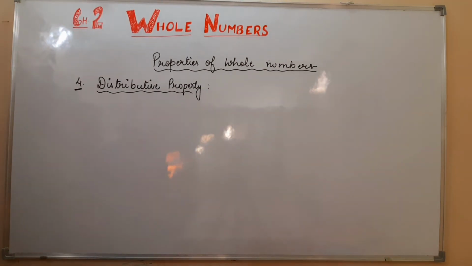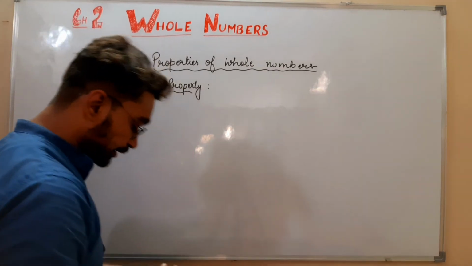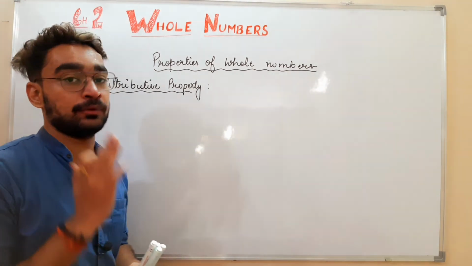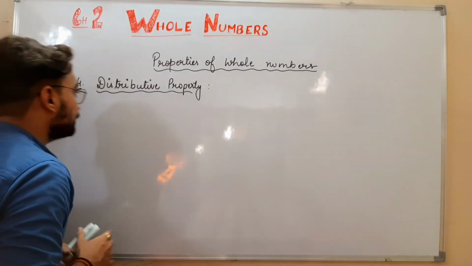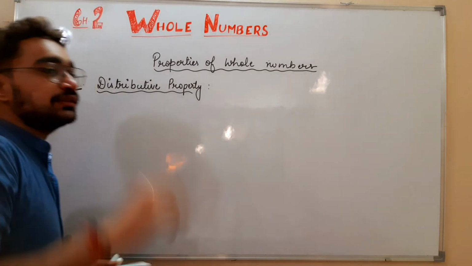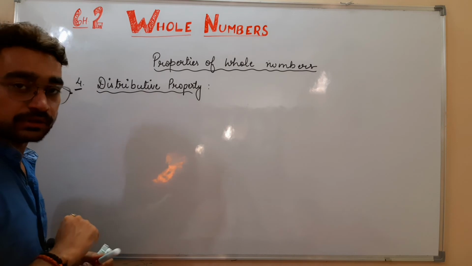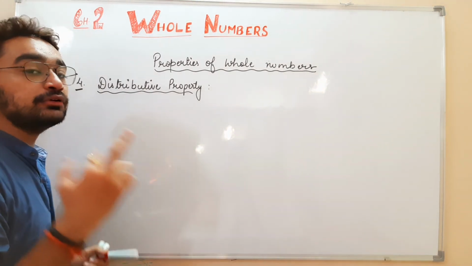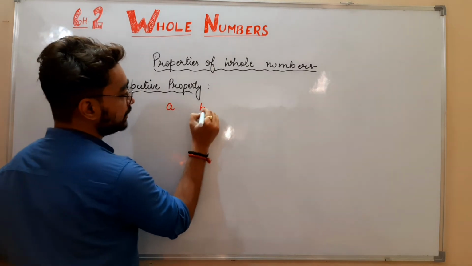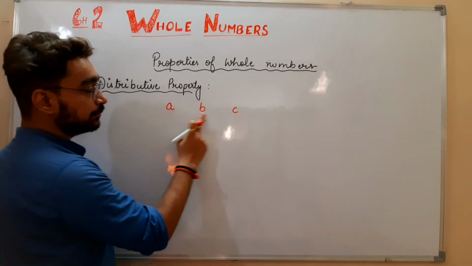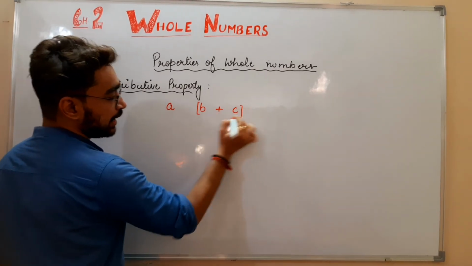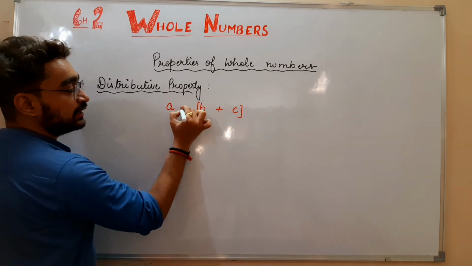Yes, so now the next is our distributive property. Remember that distributive property is the last property, but actually it is a very important property. How? Because distributive property also deals with three numbers and two symbols. I am saying three numbers, two symbols, like A, B, C. We have three numbers. Two numbers are in addition, and the result of them is multiplied by the third number.